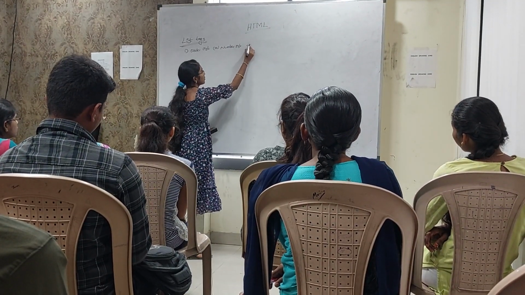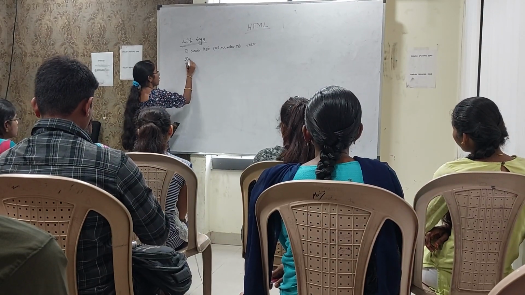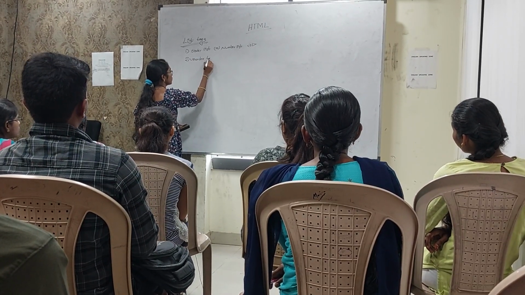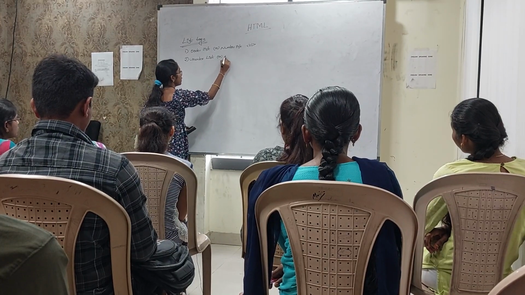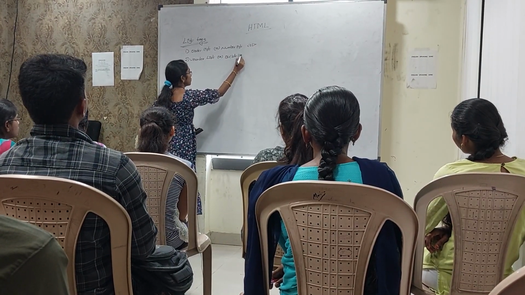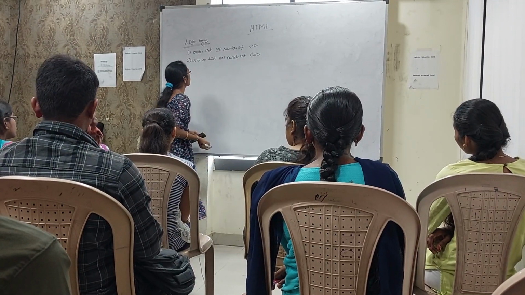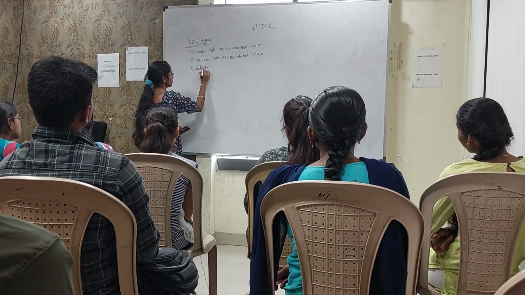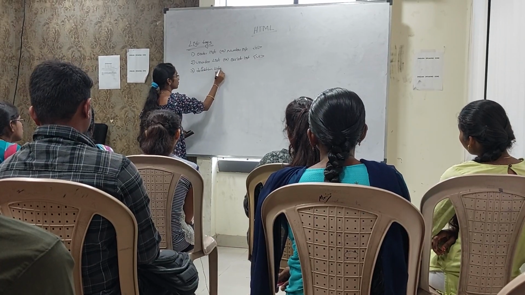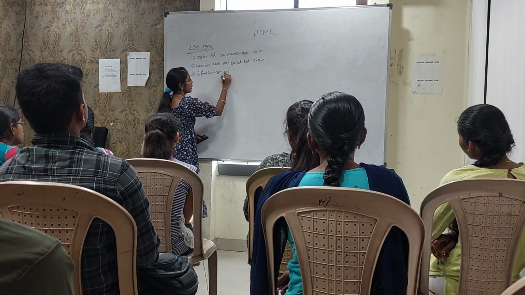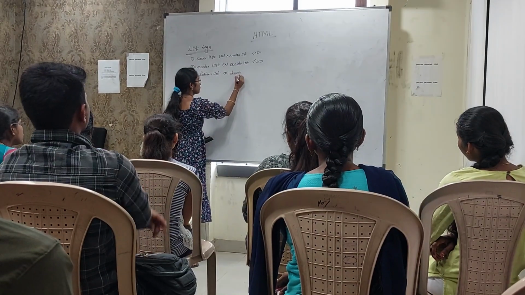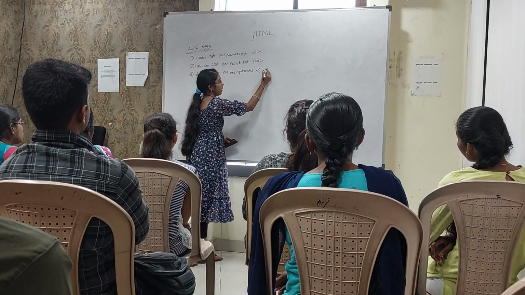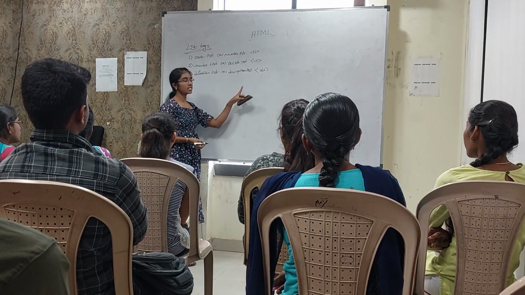We can represent it like this. Second one is the unordered list, or we can also call it a bullet list. We can represent it like this, UL. And the third one is the definition list, which we can also call a description list. We can represent it as DL, and it has two types, definition term and definition